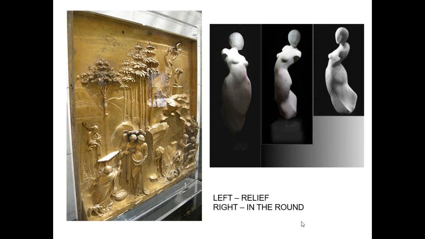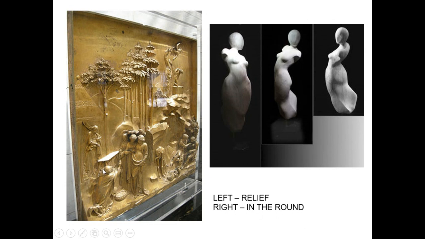Sculptures are either fully three-dimensional, they're either on a pedestal or they can stand on their own, and they can be viewed from 360 degrees. Like if you walked around them in a circle, you could see them from all points of view, and that's the example to the right, the same sculpture seen from multiple points of view. We refer to these as sculpture in the round,